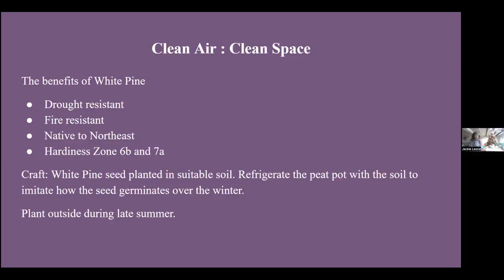So also, it's not going to just be any pine tree, it's going to be a white pine. White pines are native to the Northeast. They are drought resistant. They're fire resistant. They tend to be, because they grow in the hardiness zone of where we live, 6B and 6A. So the craft,